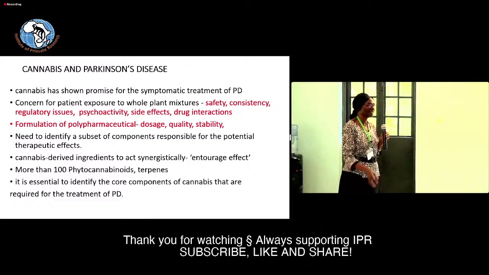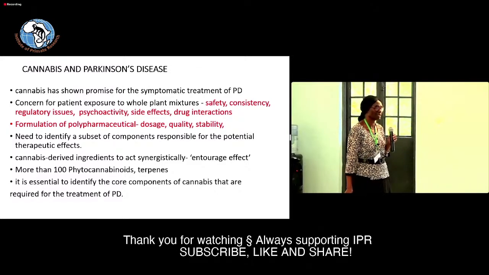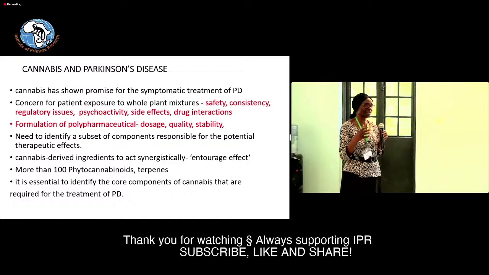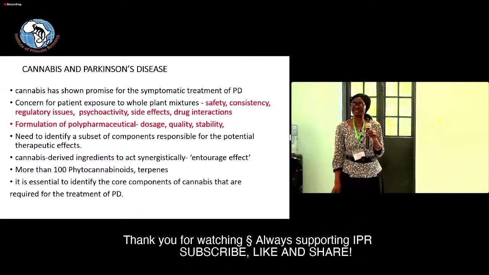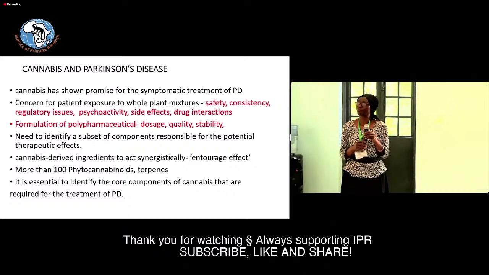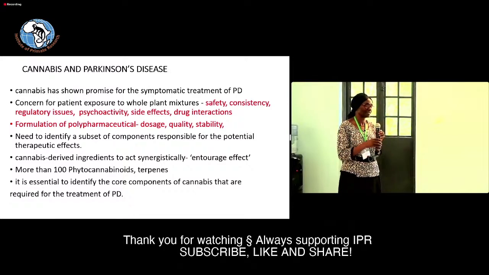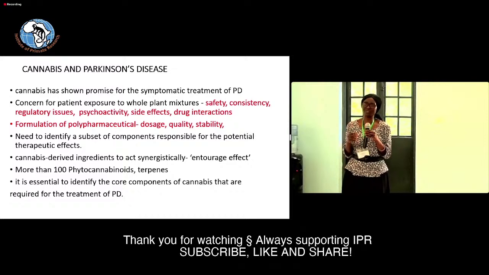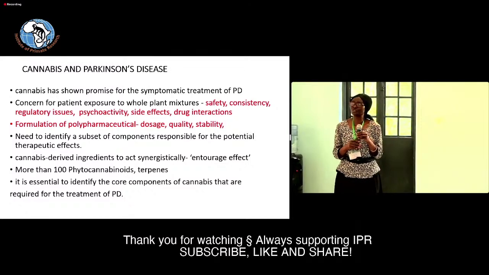Okay, and this is a phenomenon that is very common in natural products, particularly plants, because of the synergistic effect of the various active principles; when you isolate them, you lose that synergistic effect. But then using the whole plant also comes with its own challenges, and some of these challenges include safety. How consistent can you be when you're using a whole array of active principles? You have the regulatory issues, you have the psychoactivity. If you do not remove